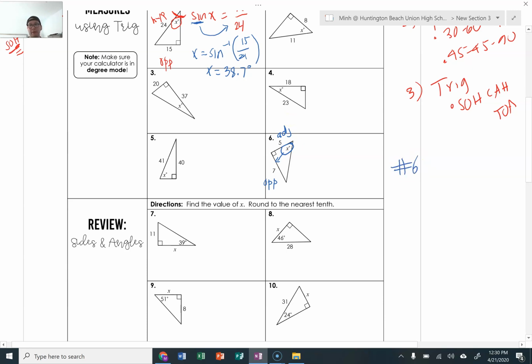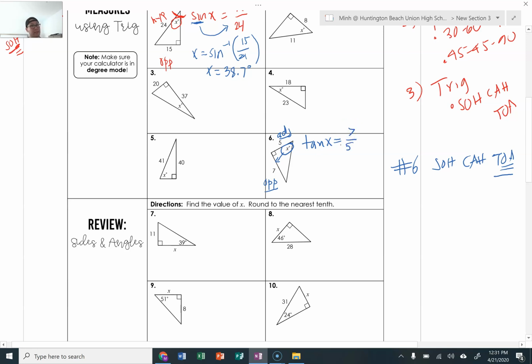Let's go ahead and write SOHCAHTOA. And we're going to figure out which one has my adjacent and my opposite. Well, the only thing that's there is going to be O and A, so therefore we're going to be using our tangent function to solve for our reference angle. So it'll be tangent, since we're missing the angle, that'll be tangent of x is equal to opposite over adjacent, which will be